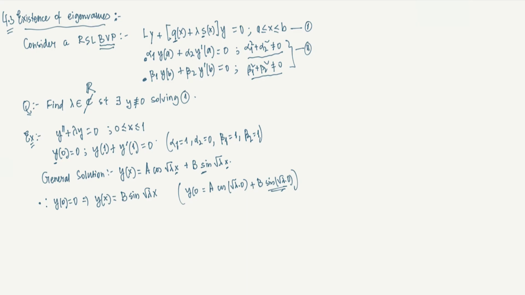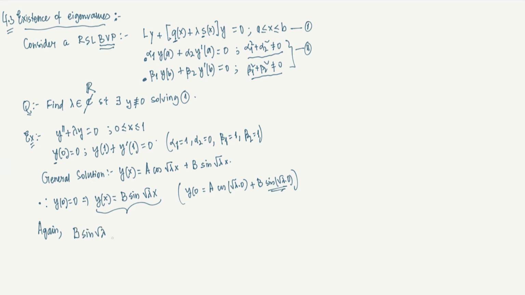Now we have the next condition. Again, see y at the point 1. Let's understand y at the point 1. Now you see, we do not have to employ this condition on this equation, because we already have y reduced to this particular part, that y of x is b sine root lambda x. This we know. So if we put it, it gives b sine root lambda x, with x is 1 in our case,